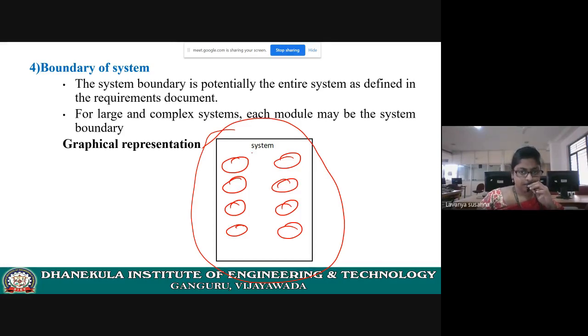Use cases are nothing but functionalities, right? You need to draw use cases within this boundary only. It represents that these are the functionalities of the system. I hope you understood. Draw a rectangle, I'm sorry, draw a rectangle like this, and all the use cases must be drawn within this boundary only. Next.